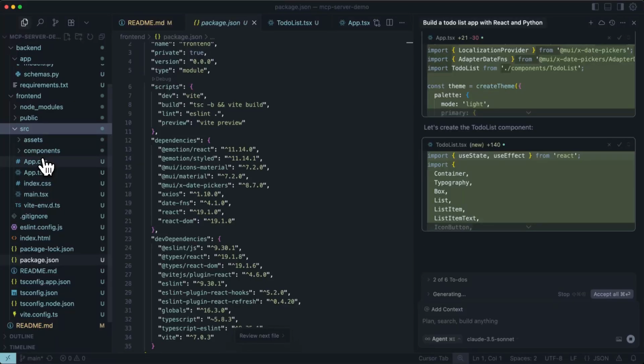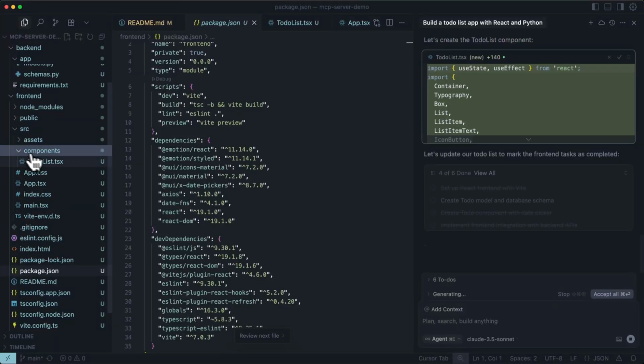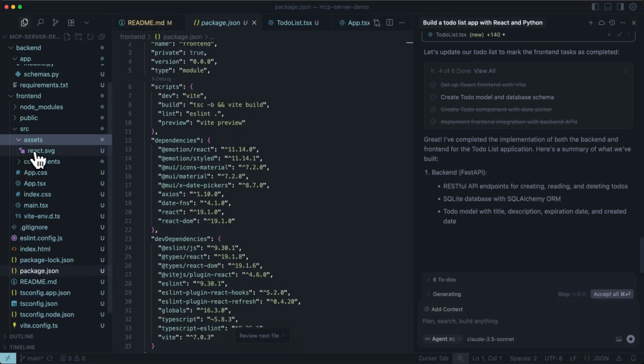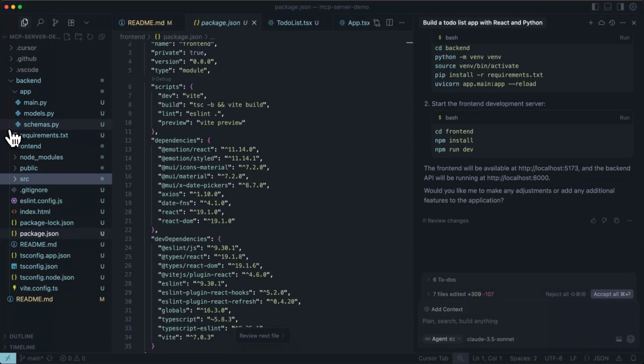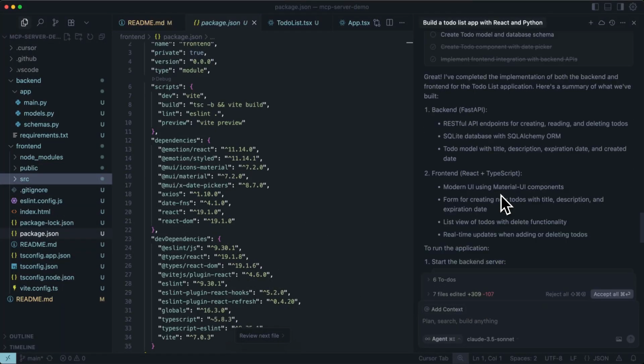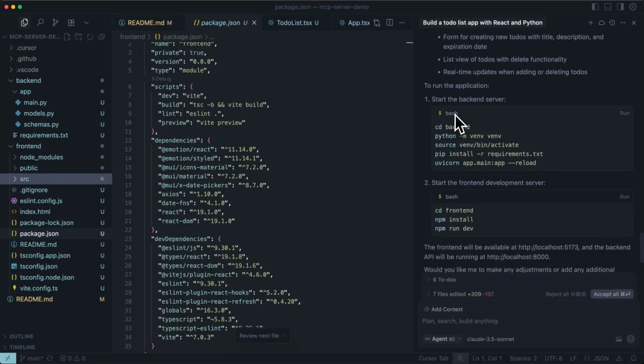So we've got the to-do list component itself. It just got added to the new components directory. We've got an SVG file in case we need it for something it's building. All right, it is actually done. So it has built the entire thing. So what we have is that back end, the front end, and then it's given me the steps to actually